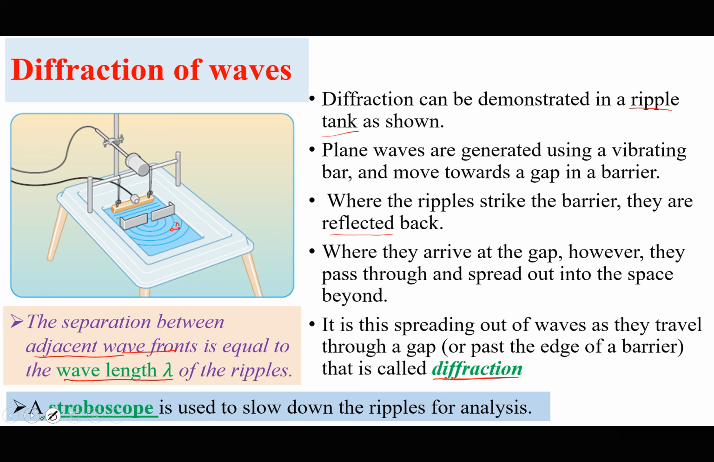A stroboscope would freeze these waves, or it would slow down the ripples for analysis so that we can measure the wavelength, or the distance between the wavefronts. So the separation between these waves could easily be measured if they were moving slowly. Of course, in the laboratory, the ripple tank may produce very fast waves, but in the presence of a stroboscope,